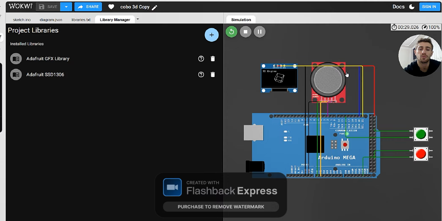At the top of the display, the text 3D Engine is displayed while the cube continuously rotates. The OLED communicates through the I2C interface, which requires only two communication pins, making the wiring simple and efficient.